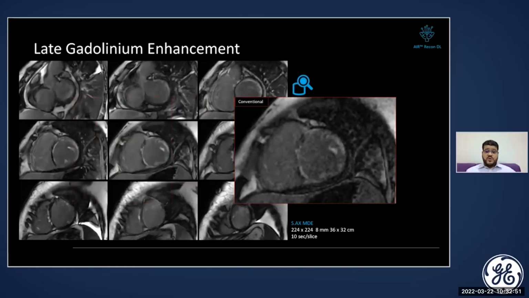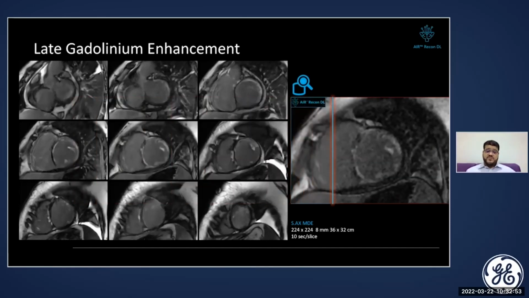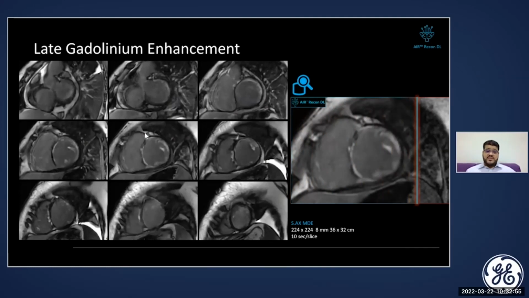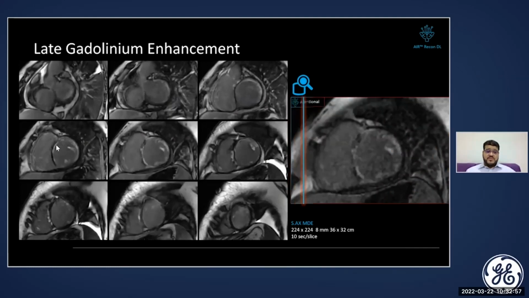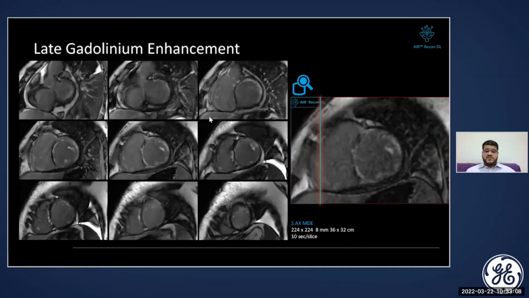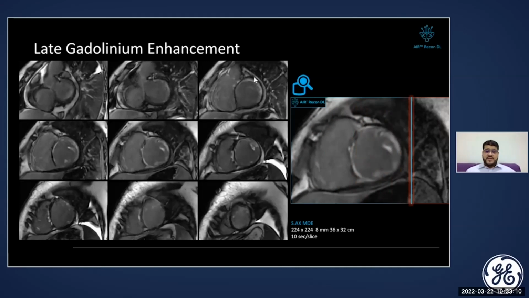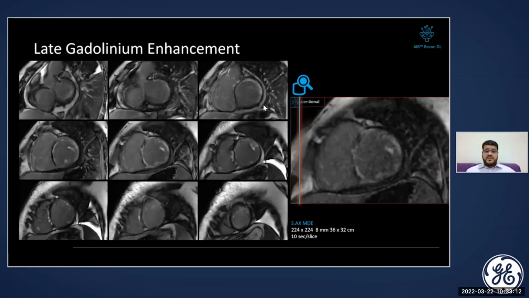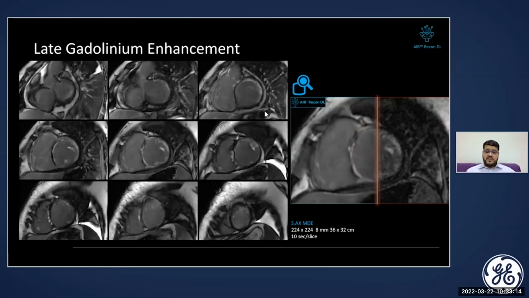And when we look at the interpretation of these images, you can clearly see that this lady had subendocardial damage in the subendocardial area of the septum that corresponds to the area of hypoperfusion we see in the stress scan. There are also some areas of delayed enhancement in the anterior septum in an ischemic distribution, which may hint to the fact that at one stage of her disease, this patient had ischemic injury to